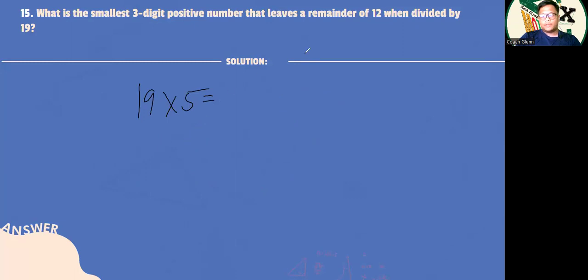So 19 times 5, that's equal to 95. So since we need to have a remainder of 12, we just add 12. So that's equal to 107. So the final answer here should be 107. Again, we just find the smallest number that we can multiply to 19 that it's still a three-digit when you add 12, okay? Because if we try 19 times 4, that's equal to